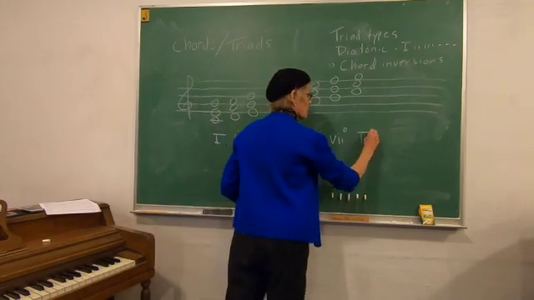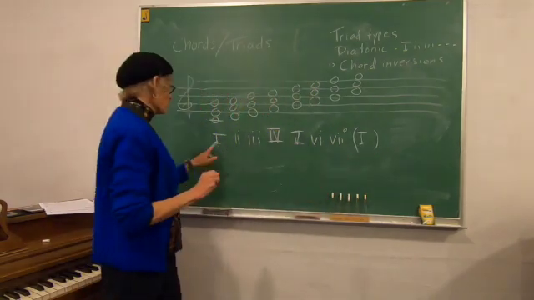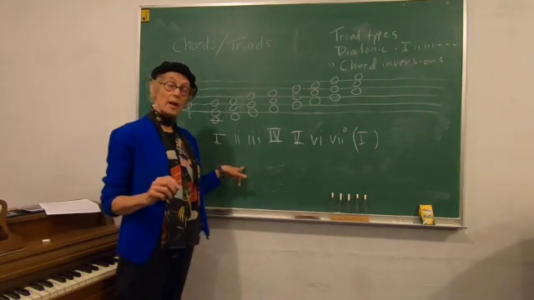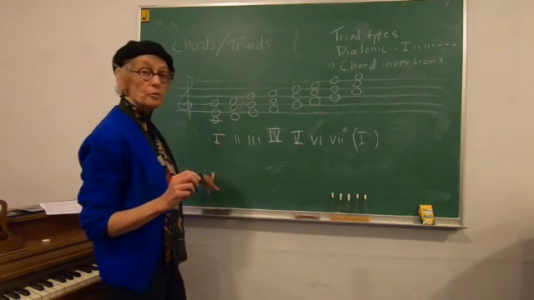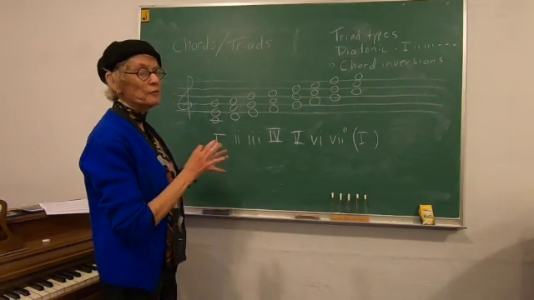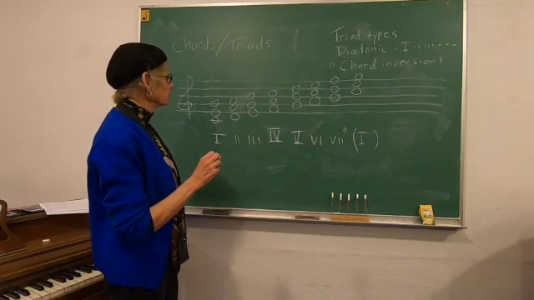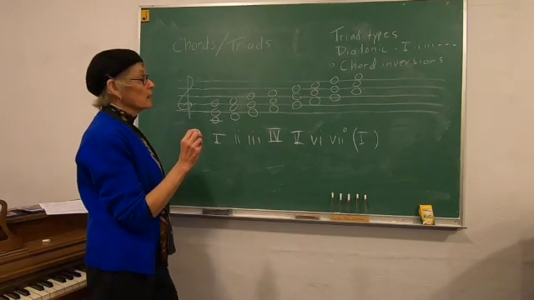And then we're back to 1 again. So there's 7 different chords for every major key, and that holds true for minor keys too, but they function a little bit differently in minor. If you're reading